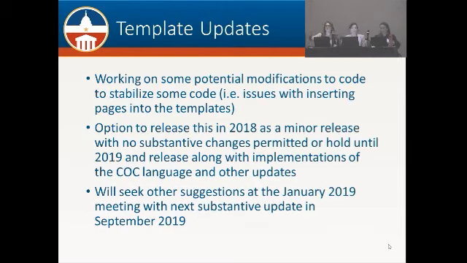Hooray! Template updates. So, as we know, we made a lot of changes to the templates over the last few years, which has been positive, but especially for institutions that have to pre-program their templates can be daunting, to say the least. So we are trying to refrain from making any further changes to the templates as much as possible, especially as we continue to work through what language for the certificates of confidentiality would be best. And so we want to make sure that we're not updating in 2018 and then updating again in 2019. So that would be a lot of additional work.